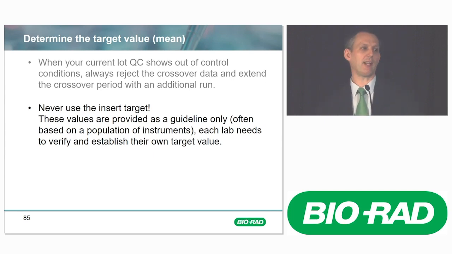If you participate in an interlab program like Unity, you can use a couple of our reports, and one of them is called a statistical profile report. If you look in that report, you'll see that a peer group has a normal distribution. Not everybody finds exactly the same result. So if our target for our assayed control is 100, there are labs with 98, labs with 102, labs with 100, but you don't have to force your instrument to report that 100. It is acceptable to be within that range, and it is more important to follow up your target in your lab than to try to skew yourself to that insert target.